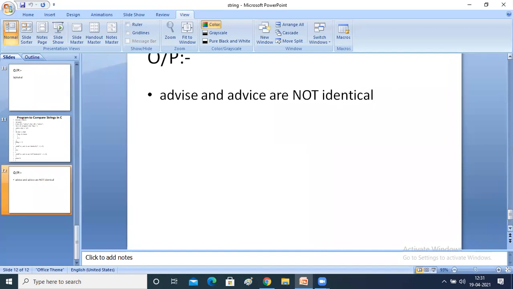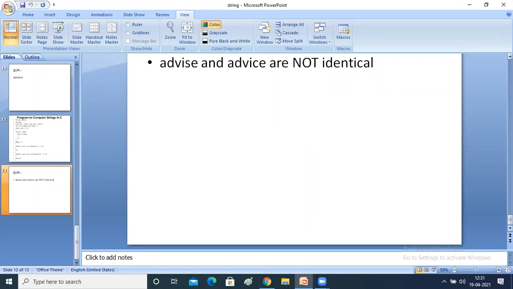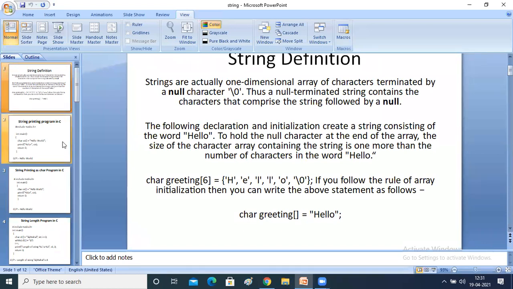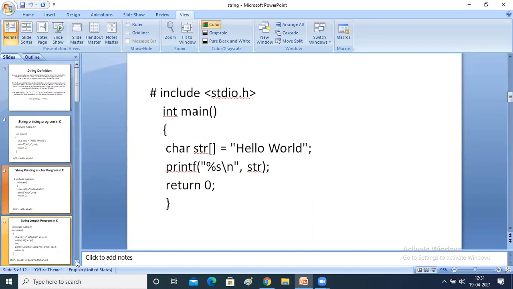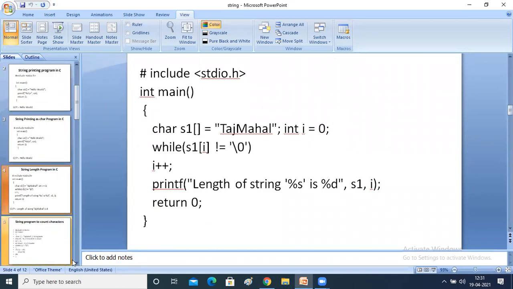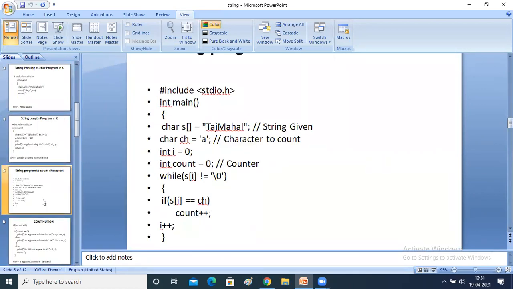So these are some of the examples which we have discussed. But what you have to do is understand the things from day one. I'm telling you, you have to practice these programs. I will be sharing all these programs to your student group so that you can practice the things. Unless you practice, you can't understand anything.